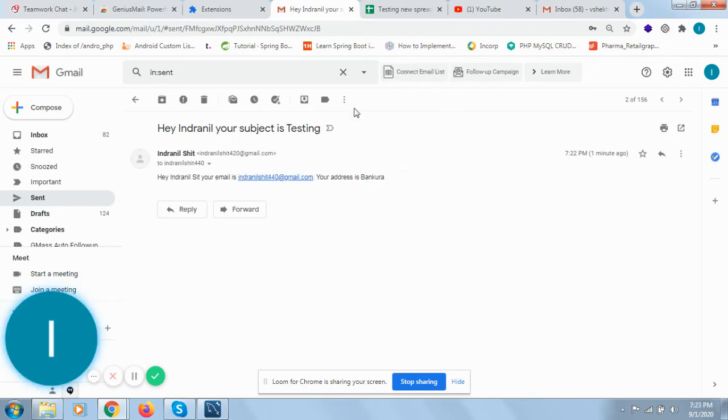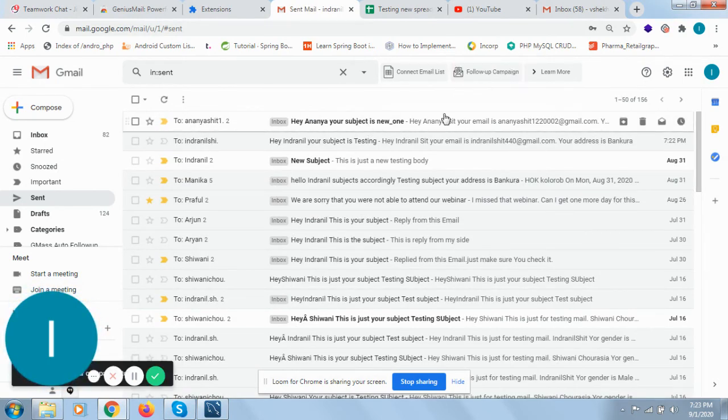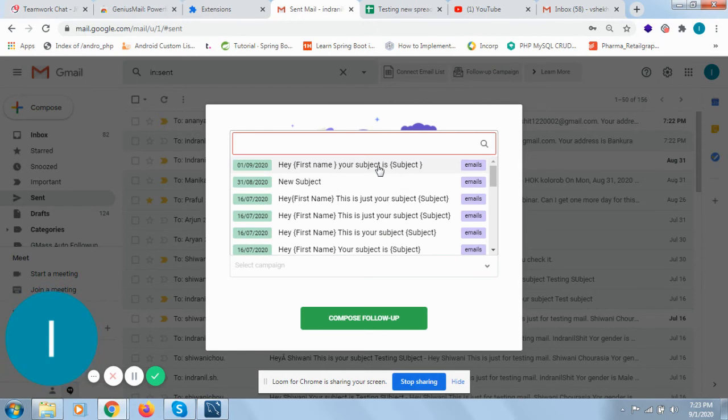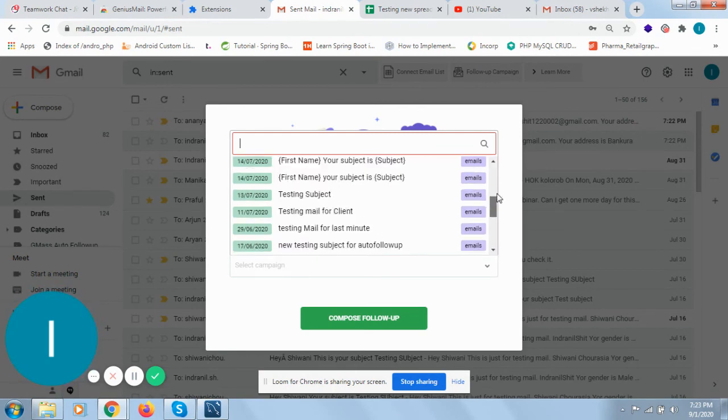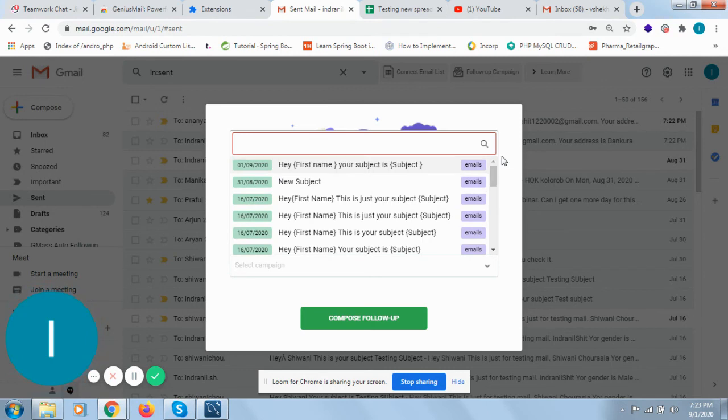Now the point is how you will track this. Another button is manual follow-up. You can choose from all the campaigns you have created.